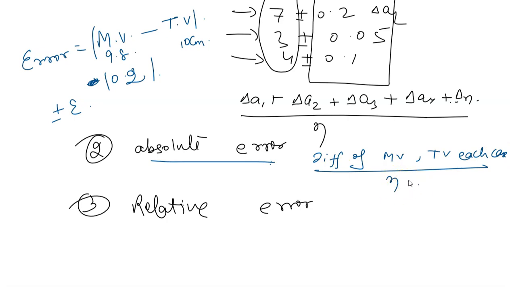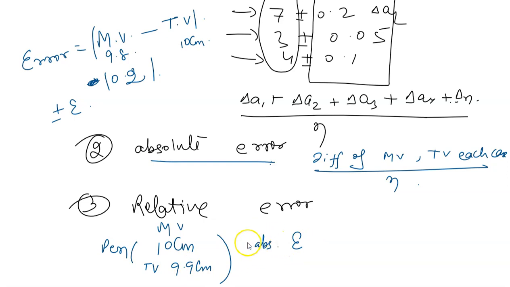So let's look at an example to find out the absolute error. So let us say there is a pen, and I measured the length of the pen as 10 centimeters. This is the measured value, and the true value of this pen is 9.9 centimeters. So what is the absolute error? Remember, the keyword absolute means the positive value. So absolute error will be, just take the difference, bring the positive result. So 0.1, right? That's the only thing we need to know till the errors. Rest all things we will continue in the next class.